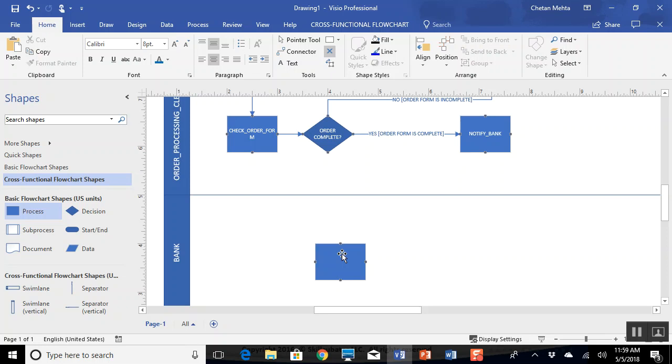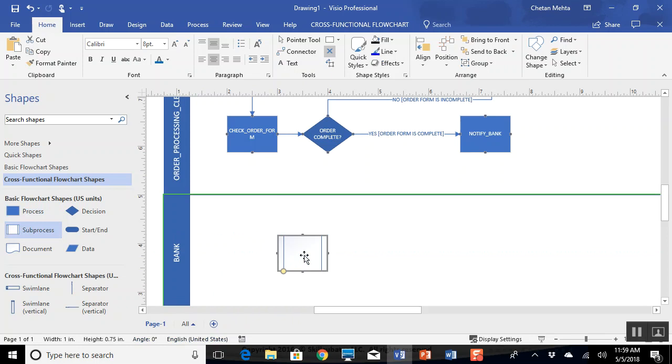But if you think that this particular activity is a big task, it has got multiple steps involved, and you can decompose it into smaller steps, smaller components, then you can use this sub process, which is nothing but a